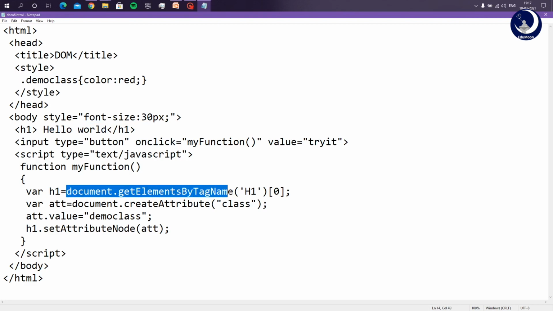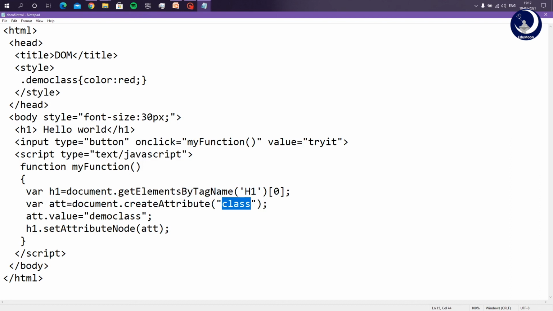So I have to use document.getElementsByTagName of h1 at index 0, because it takes all the headings as an array. This is the first heading, so I have used 0. And then att is another variable which is assigned document.createAttribute, a method used to create an attribute, and the attribute would be class.